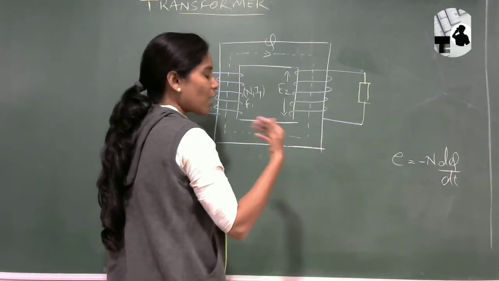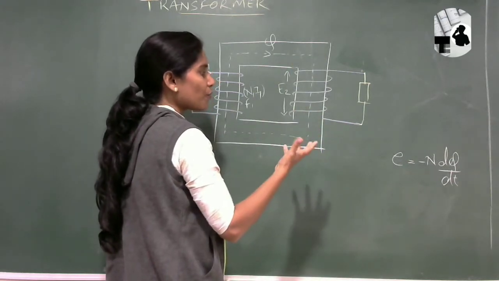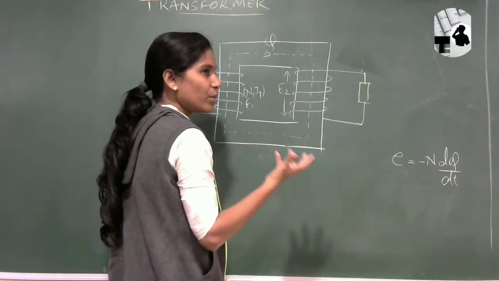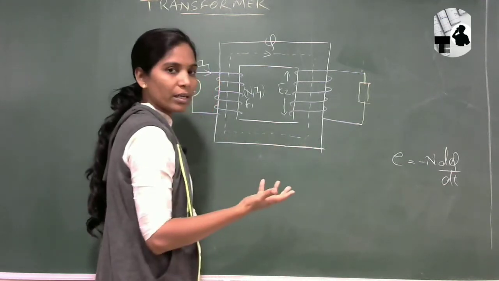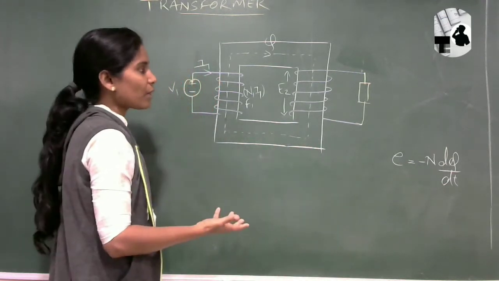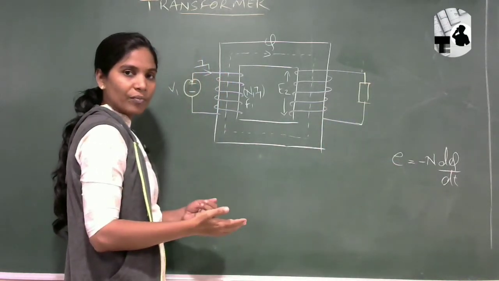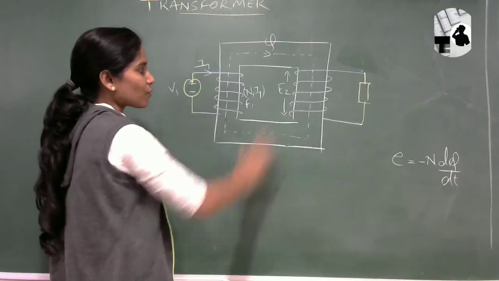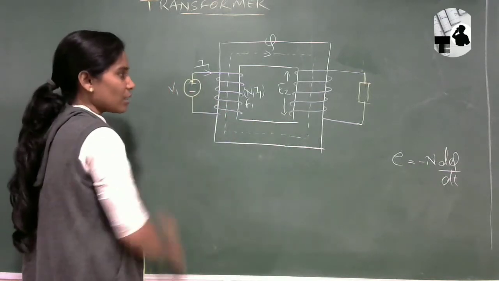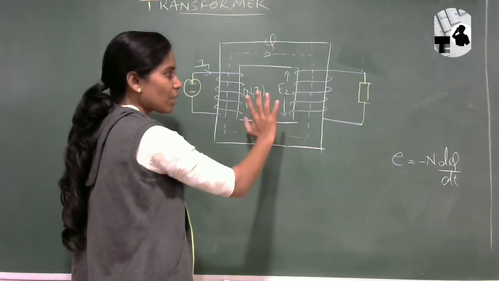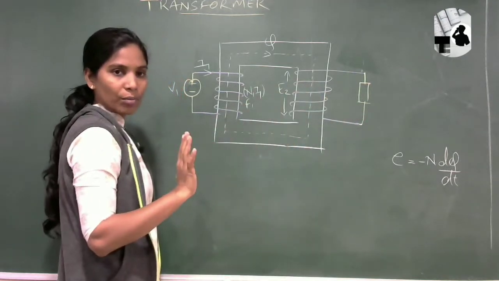Okay. So after some value of starting, the flux is going to be constant. That means there is no d phi by dt. So if there is no d phi by dt, there will be no EMF after some time of the starting. Right. So this is the operation of transformer when we are supplying it with the DC supply. At the starting there will be some EMF, and after that there will be no EMF, right?